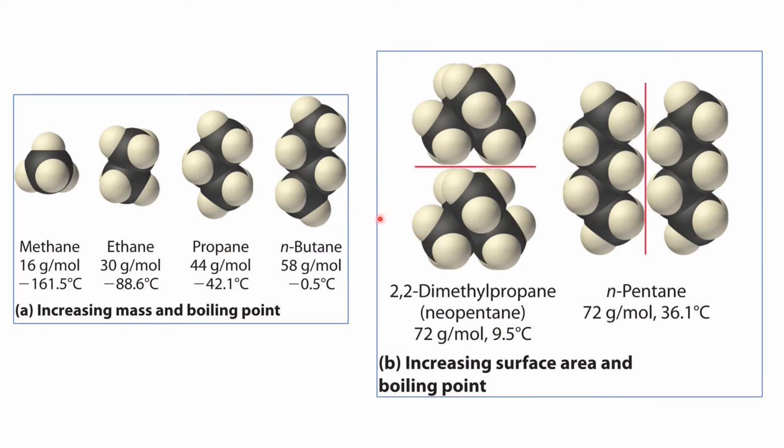Another aspect of London dispersion forces is the boiling point. Here I have taken the example of hydrocarbons. We can see that as the molecular mass of the hydrocarbon is increasing, the boiling points are also increasing. When the molecule has more molecular mass, it means that it has more number of electrons. When there are more number of electrons, the outer electrons are easily displaced because the inner electrons are shielding the outer electrons, and that is why they can be easily polarizable, due to which the London dispersion forces between the two molecules would be higher.